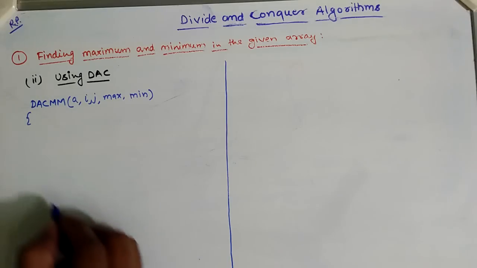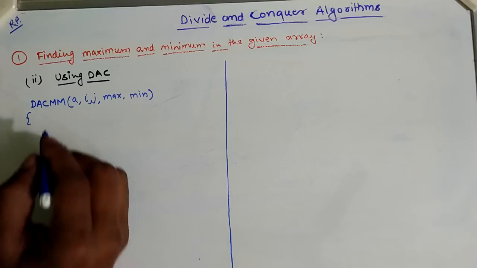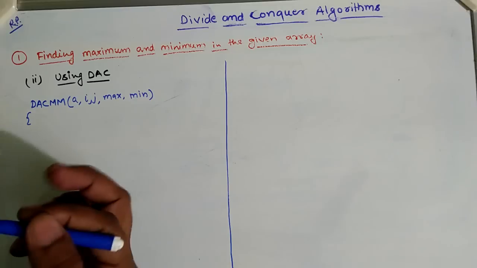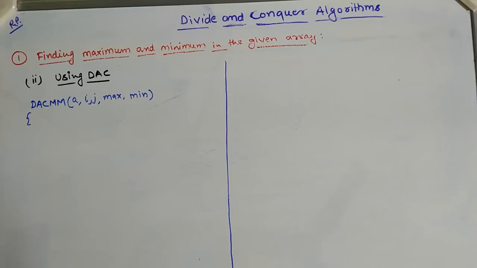Before calling the recursive function, I just define the base cases. So in this algorithm there may be two base cases. One is when your problem has only one element, that means there is no comparison required, or the element itself is maximum or minimum. The second case is when we have two elements in which one is maximum, other is minimum. So I consider both of the sub problems, and I define here two base cases for this recursive function.